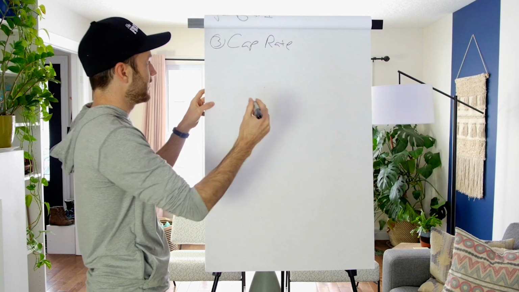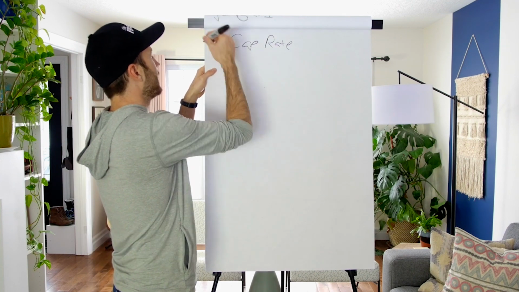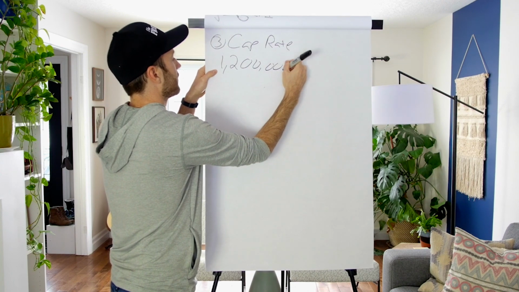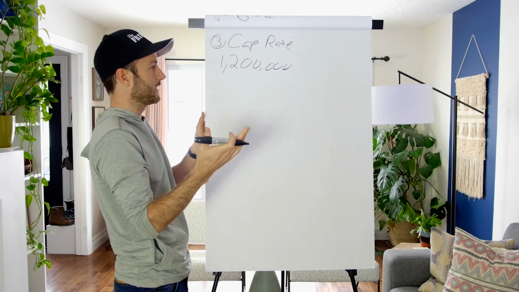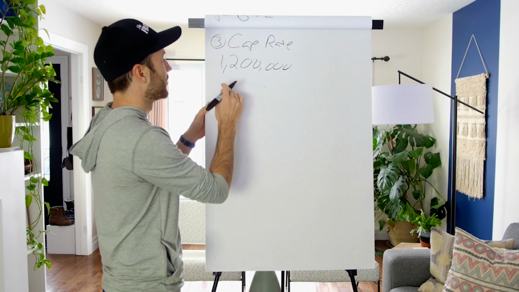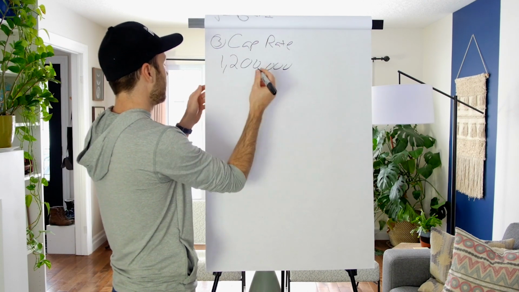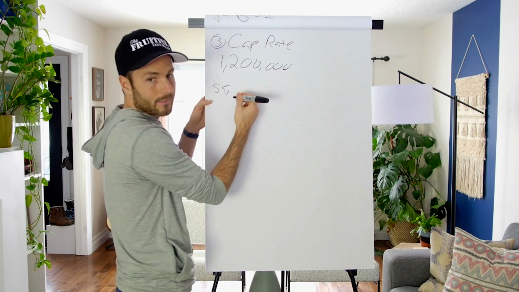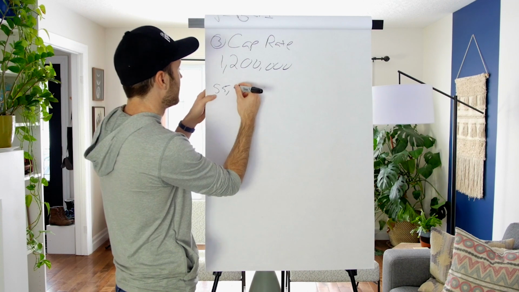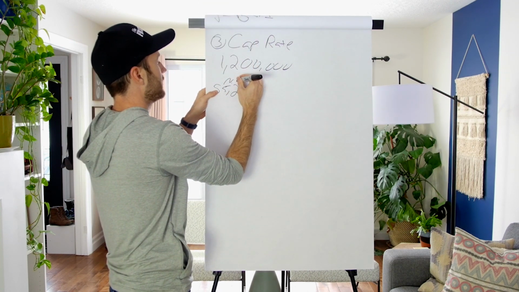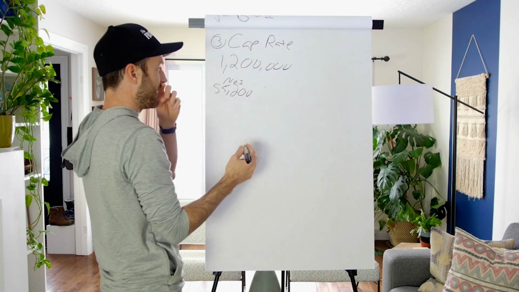So the reason why we care about cap rate and NOI is because this can dictate the value of the property. For example, if we buy a building, maybe that last building we just bought, we paid $1.2 million, right? Kind of a typical 6-8 plex in my local area. Pretty expensive, right? Maybe. So if we go back, that net operating income was 55,000, was it 200? Got my notes here, yes. So the net operating income on that theoretical building, I'll put this here, NOI, was 52,000.